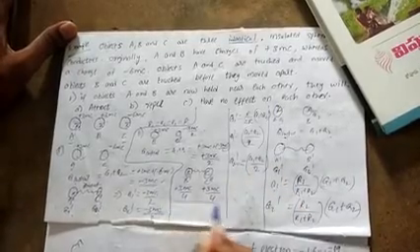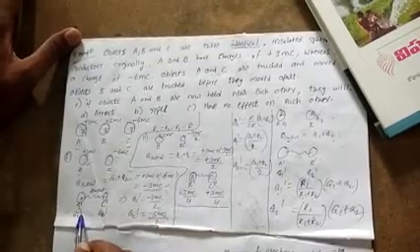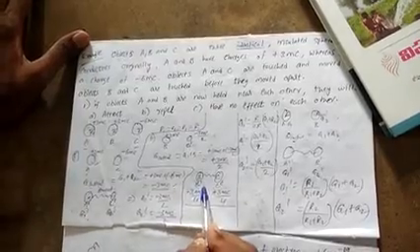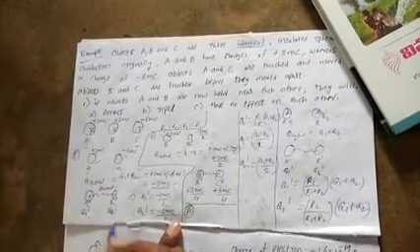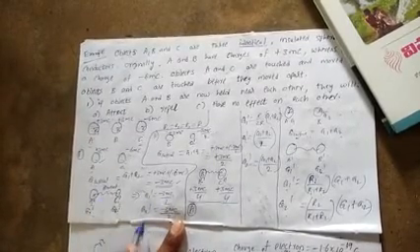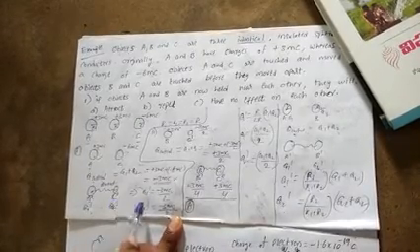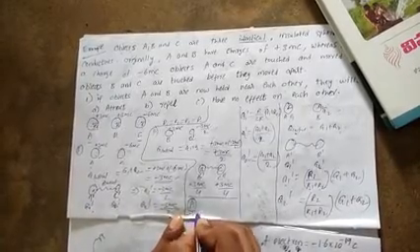So after finding this, this is B prime, this is C double prime, this is A. After touching these bodies, find the final charge of A, the final charge of B, and the final charge of C. So for A, after touching A with C, this is the final charge. How much is it? The final charge is negative. This belongs to A, and this belongs to C. Okay, right? After touching body A with C, what is the final charge for body A? Having negative charge. So A is negative.